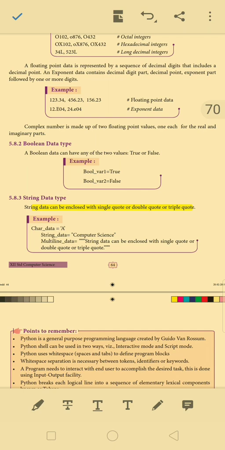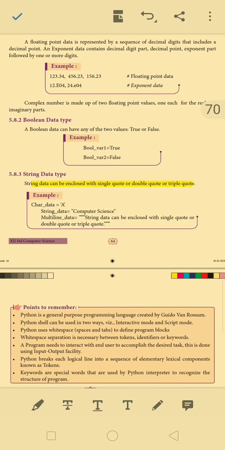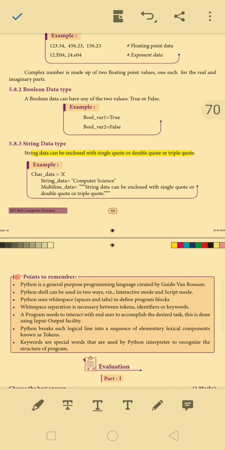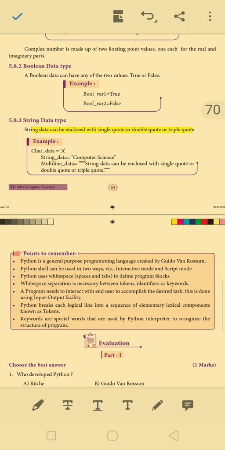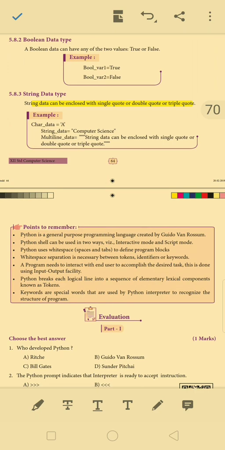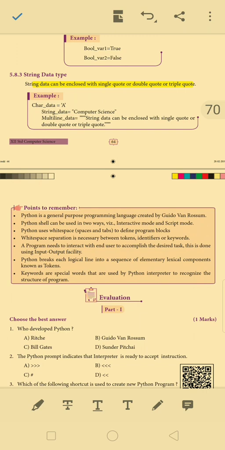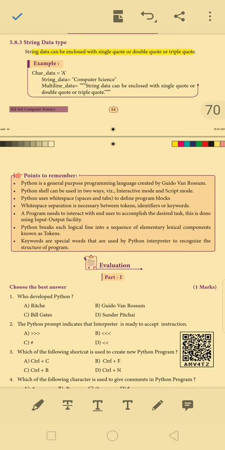Just write any one example, that is 12.E04 or 24.E04. A complex number is made up of two floating point values, one for real and another for imaginary. The Boolean data type, bool, represents only two conditions, true or false. The string data type can be enclosed with single quotes, double quotes or triple quotes.